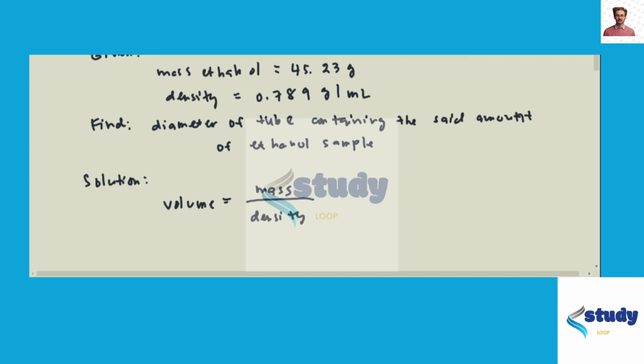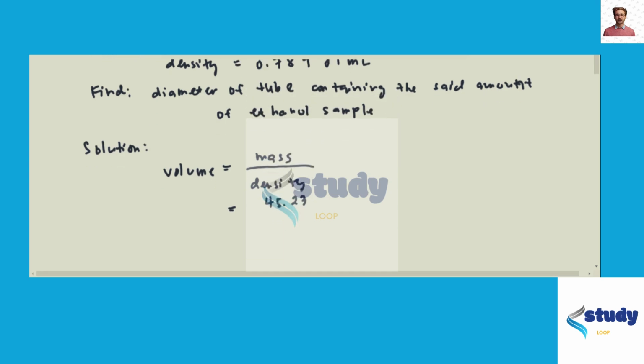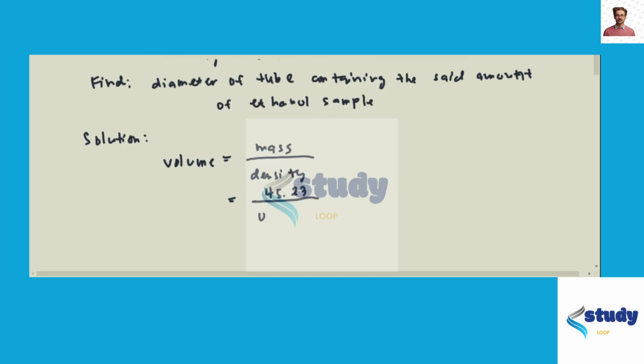So we are given again with the mass as 45.23, the density as 0.789. We solve for the volume as 57.33 ml. Now 1 ml is the same as 1 cubic centimeter, so we see this is also 57.33 cubic